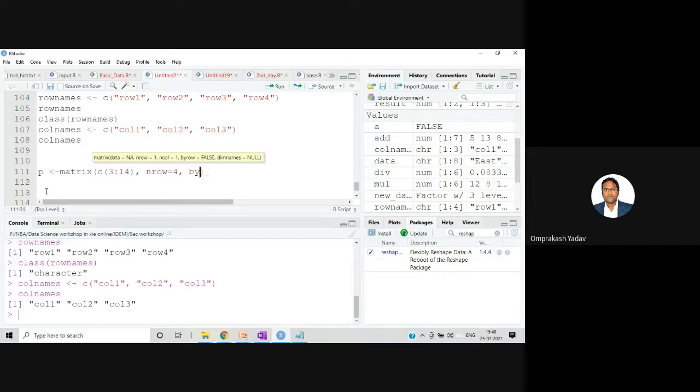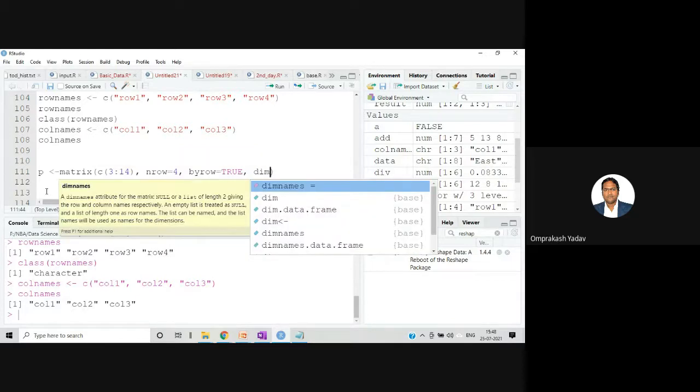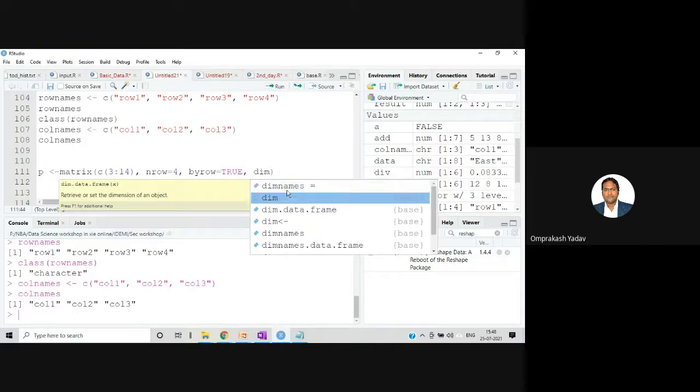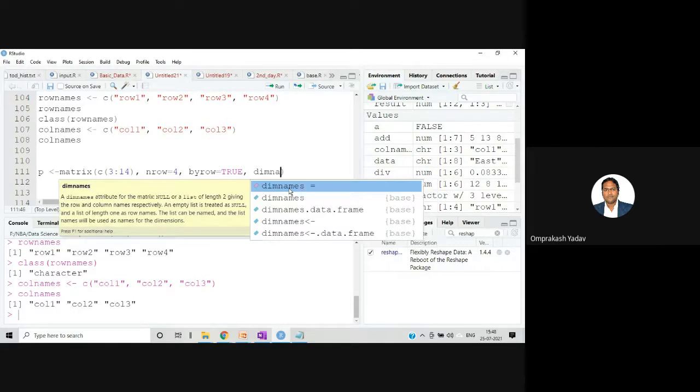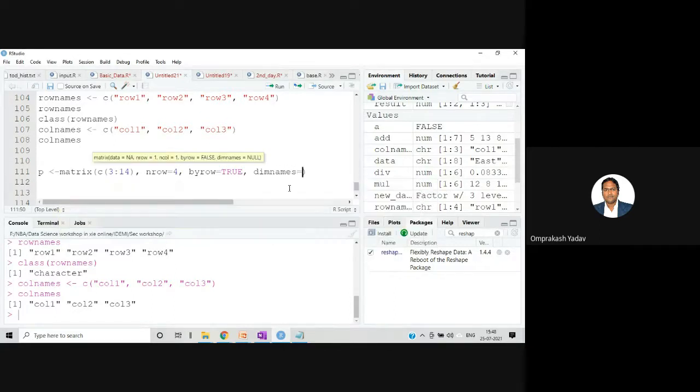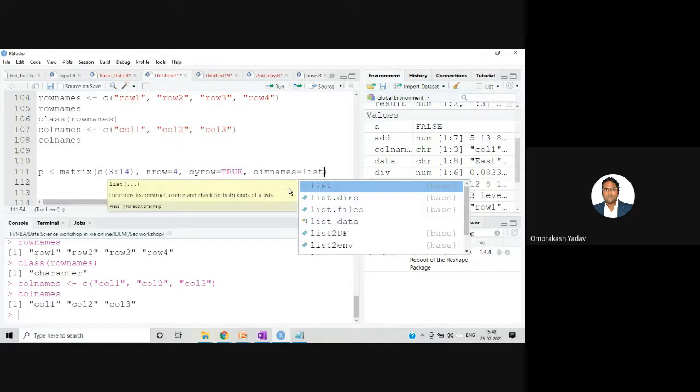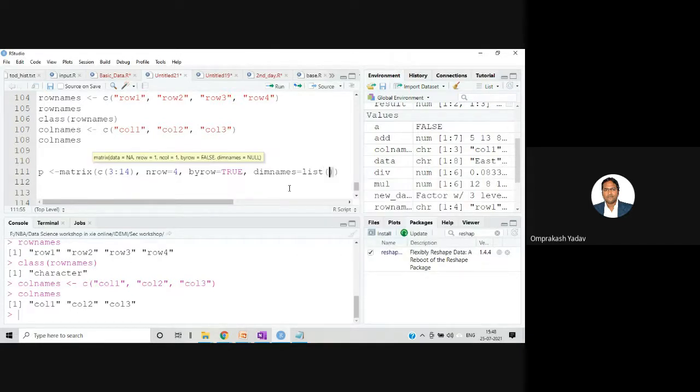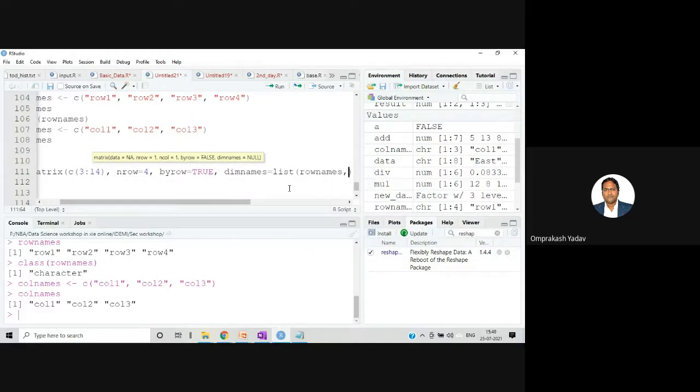By row equal to true, and then I'll mention dimension names. There is one parameter. If you see here, I have written only dim, so this has come dim names. I'll use this parameter dim names is equal to, and here in the list we have to mention both the names which we have just created above. So first one was row names, and second is column names.